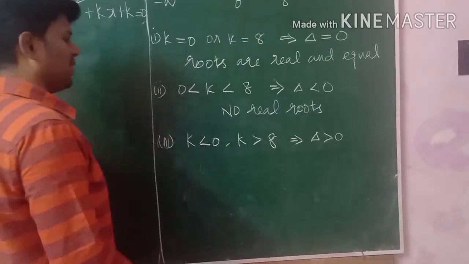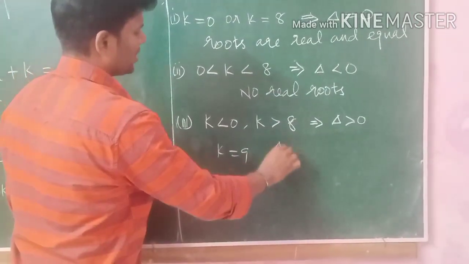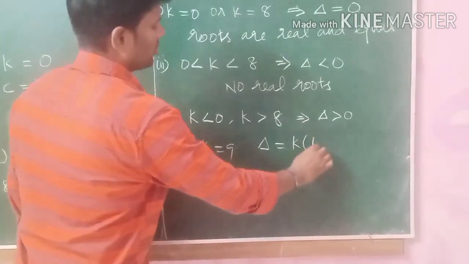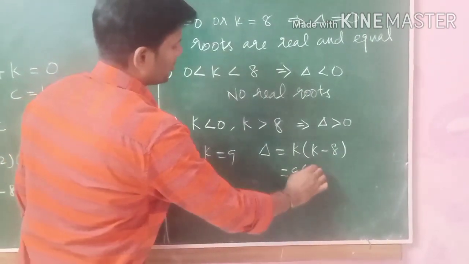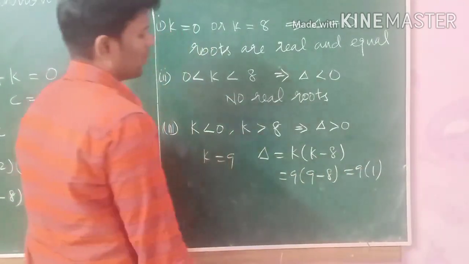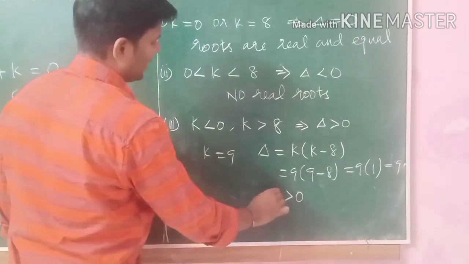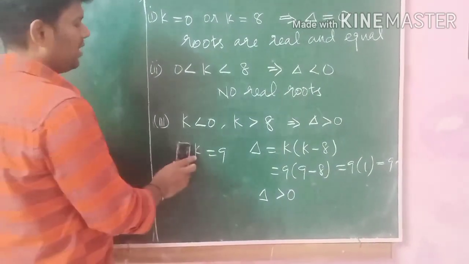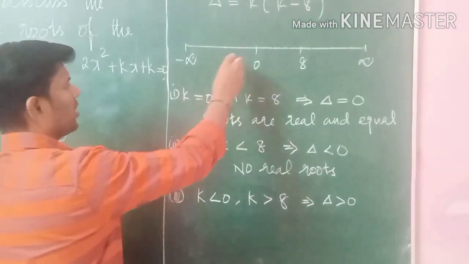அதே மாதிரி k க்கு 8 விட அதிகமா கொடுத்து பாருங்க. Suppose k is equal to 9. So what is our delta? k into k minus 8. So 9 into 9 minus 8, so 9 into 1. So 9 ones are 9. So that time also what? Delta is positive. சரிங்களா? அப்போ k க்கு 0 ஓட கம்மியா போடும்போதும் அதாங்க